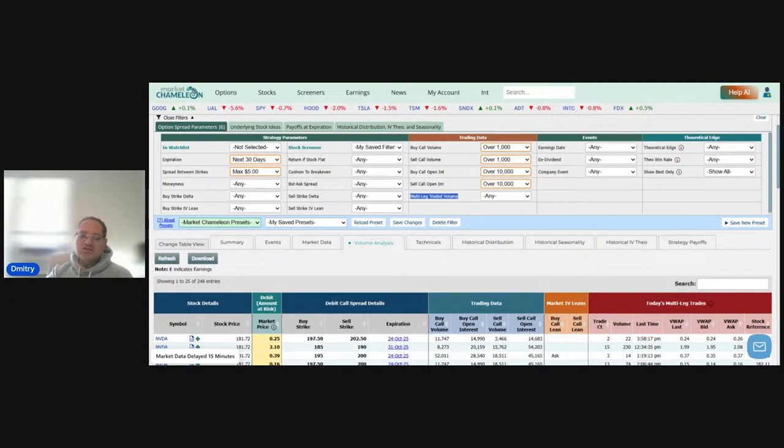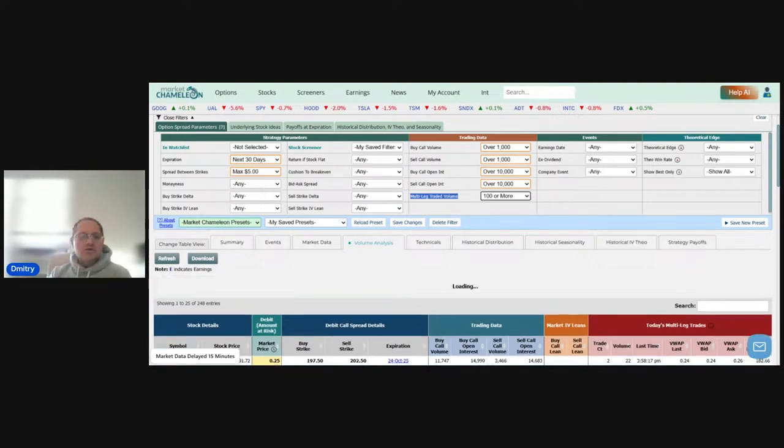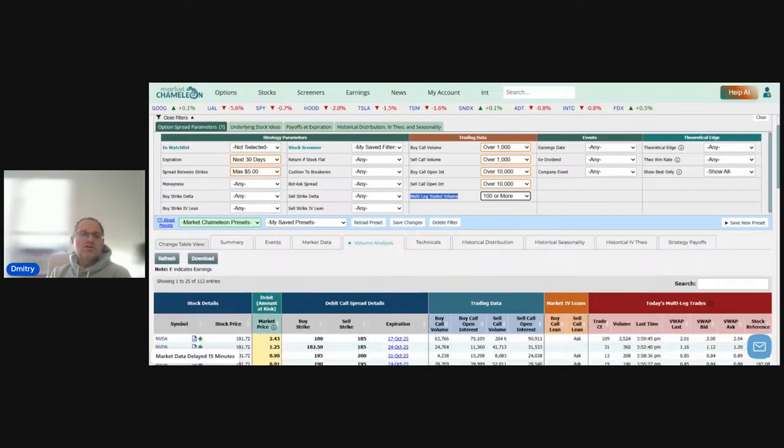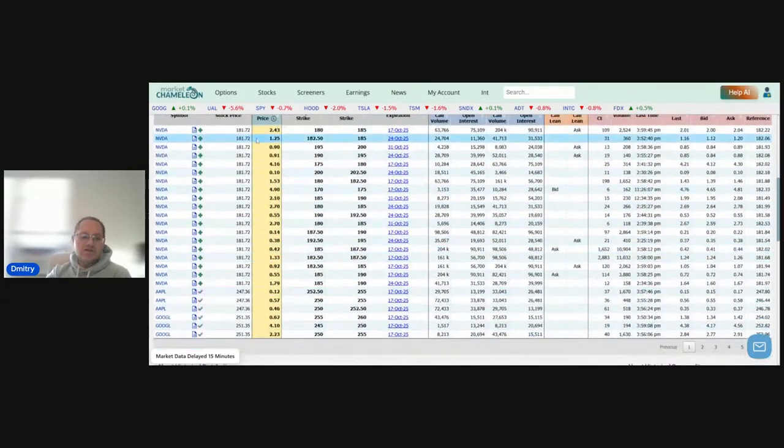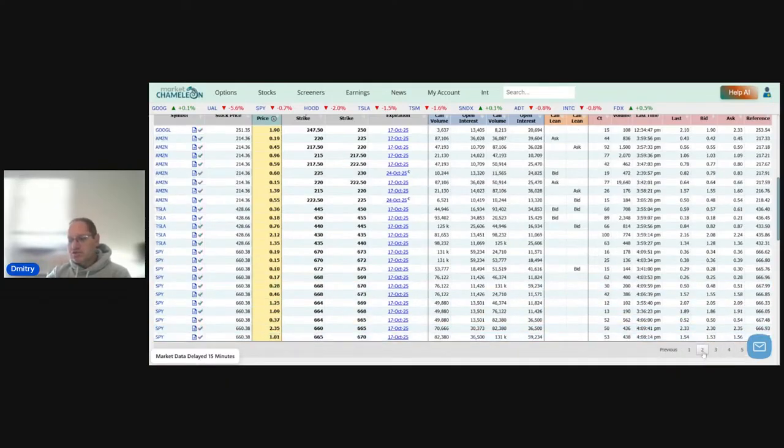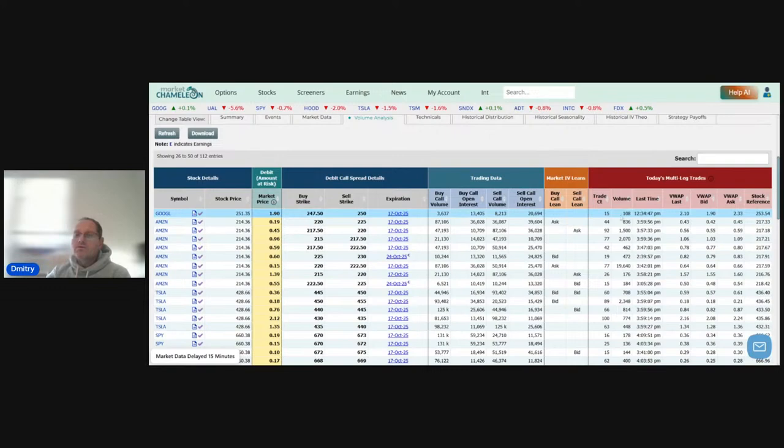So I'm going to click on this, and now we're going to go from 248. Let's see what it comes down to. 112. So now we're at 112. So Nvidia happens to have a bunch, Apple, Google. So the popular ones, or the busier ones, not surprisingly, will have more. And we could tab through these. Here's page 2, Amazon, Tesla, SPY. Okay, so you could see here, this is the